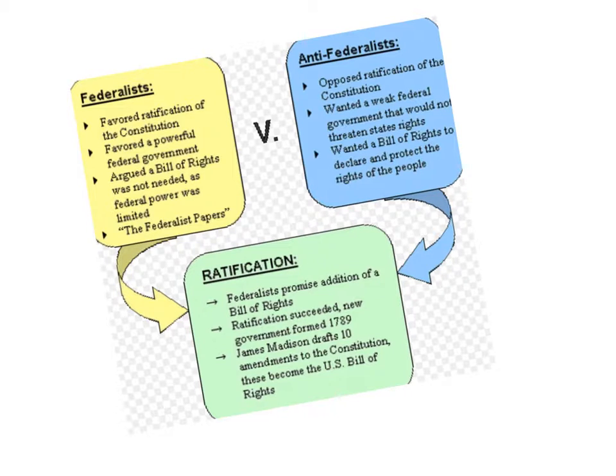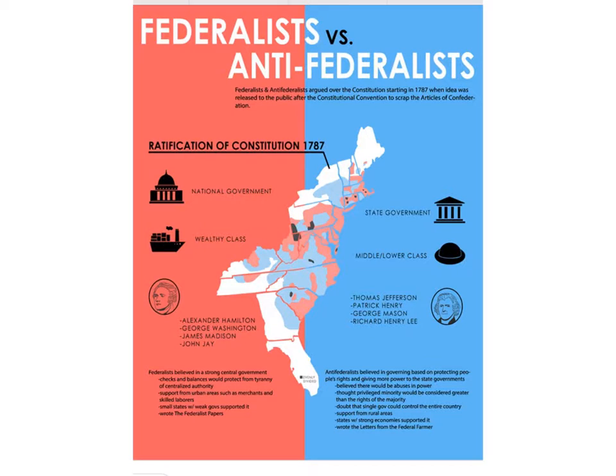So, of course, as we know, things always end in a compromise, and ratification was achieved only after the Federalists promised to add a Bill of Rights to the Constitution, and that's what we know of today as our first 10 amendments. So continuing on about our Federalists and our Anti-Federalists, I thought this graphic did a really nice job